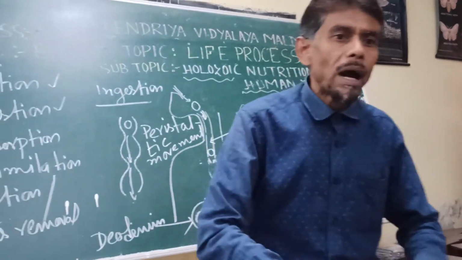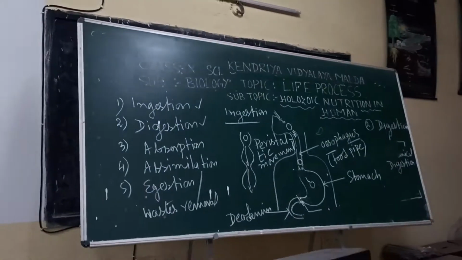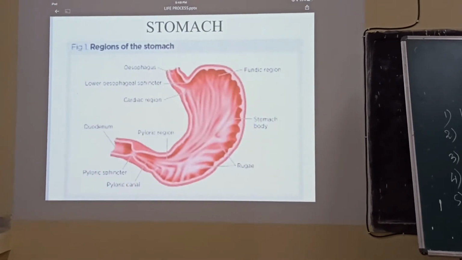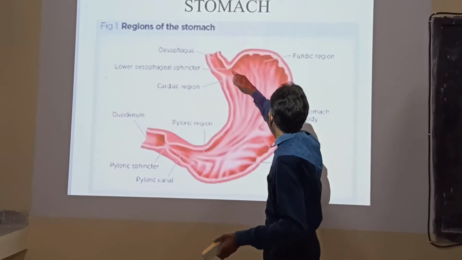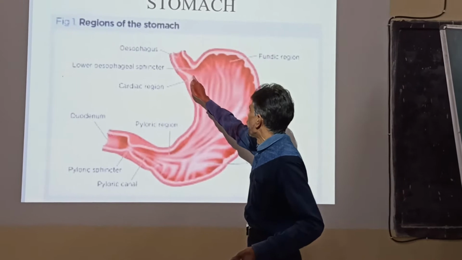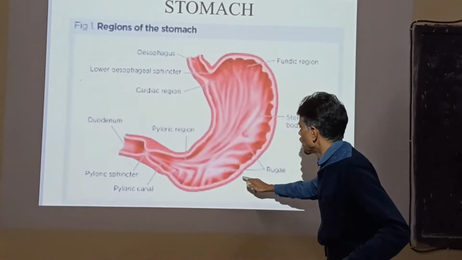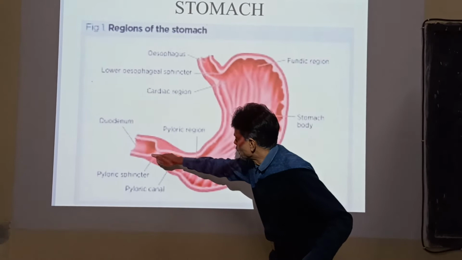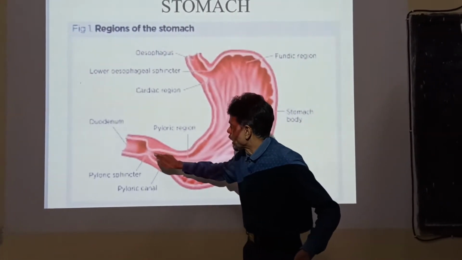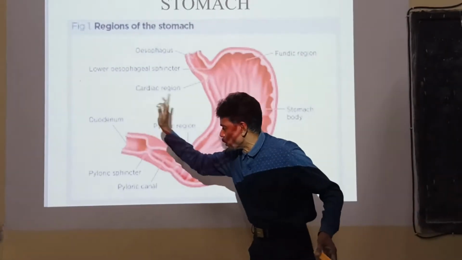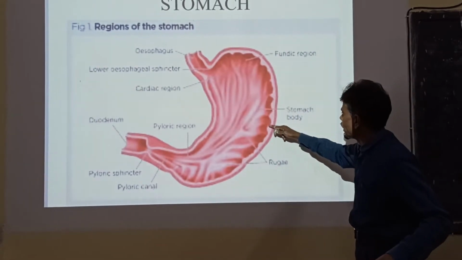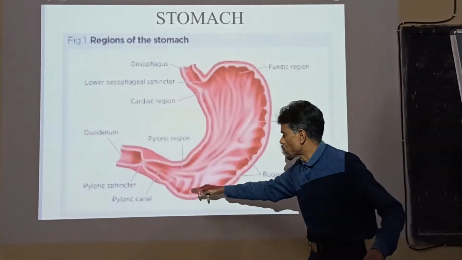Stomach, if I show you separately, you go through this clipping. Here, the entry of the esophagus to the stomach, the fundic part of the stomach, then the cardiac part of the stomach, this entry part, and the pyloric stomach. Here, this is the sphincter again. I am showing the narrow white lining curvature, which allows a controlled movement of food particles to the duodenum. And inside, if you see the wall of the stomach, it has high curvature, which helps in churning the food.